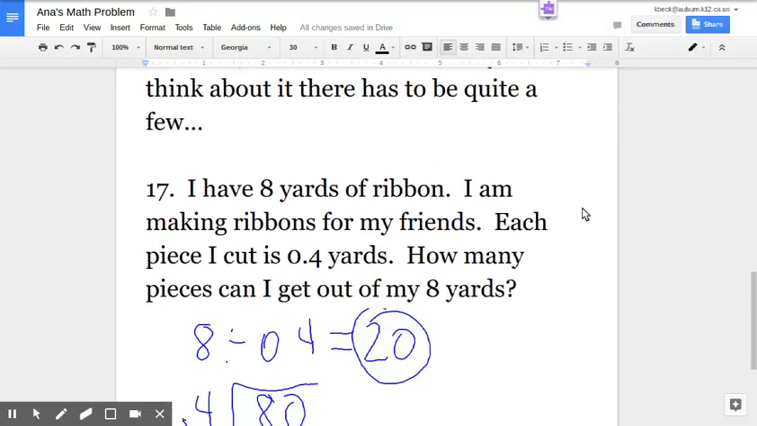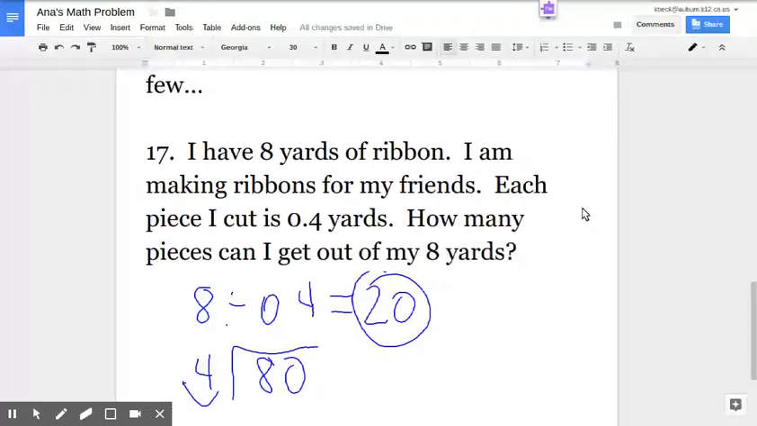And then the second problem, so I gave you an example. Let's say I had 8 yards of ribbon, and I'm making ribbons for my friends with that 8 yards. Each piece I cut is 0.4 yards. If I cut 0.4 yard pieces out of 8 yards, how many friends can I make ribbons for? So again, it's division, but when you think about it that way, you get a better understanding of why the number gets bigger. So 8 divided by 0.4, I move the decimal, so then it's 80 divided by 4, which